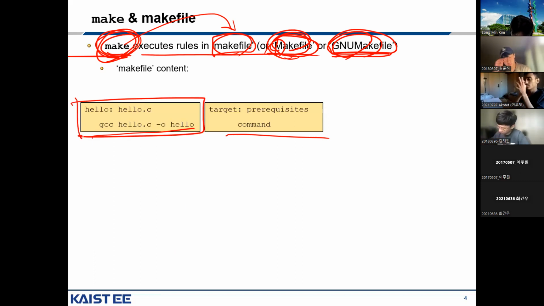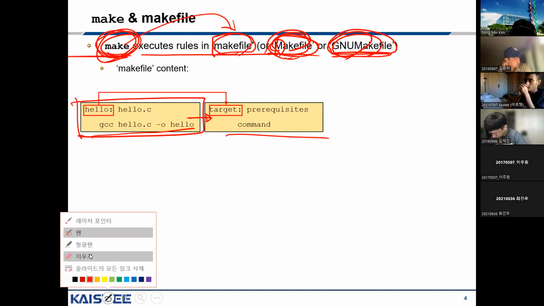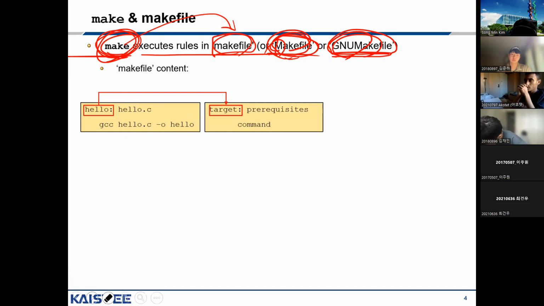So this is the makefile content, and this is how you should look at it. Okay, so hello is the